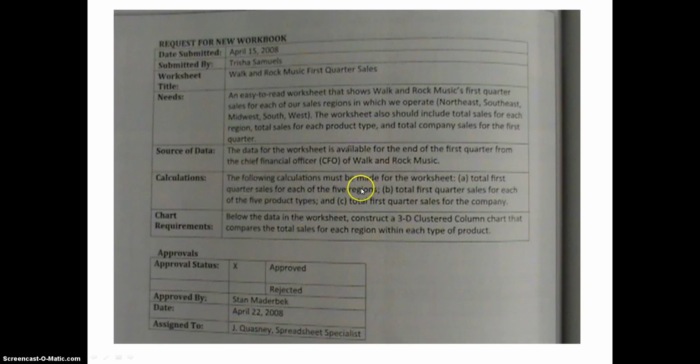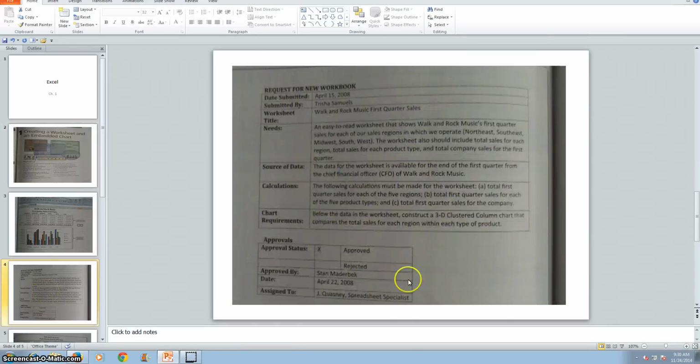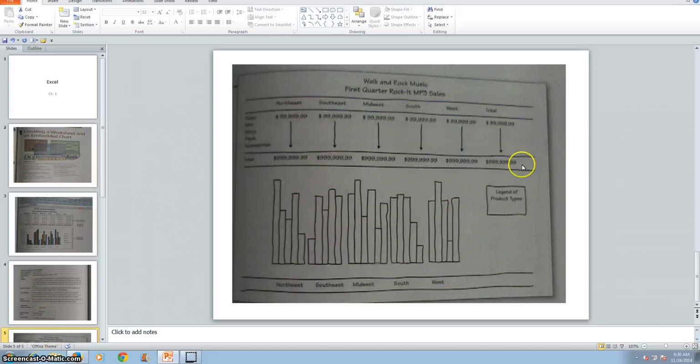The calculations must be made for the worksheet. First, we need total first quarter sales for the 5 regions. Then we need total first quarter sales for each of the 5 products. And then we need total first quarter sales for the company. The chart requirement expressed in the worksheet will be a 3D cluster column chart. This gets submitted to the CFO, and if it's approved, it's marked and signed off, and then we can now construct our